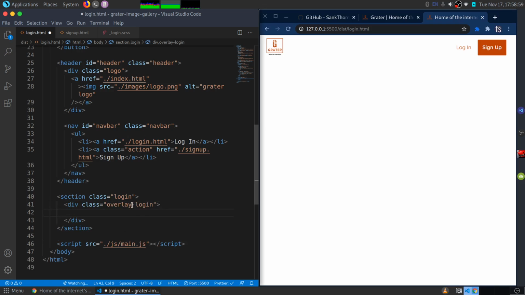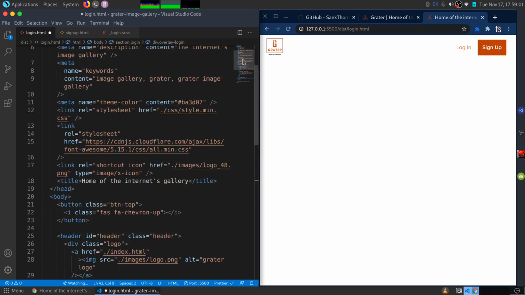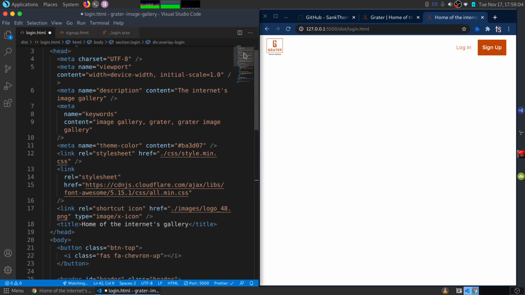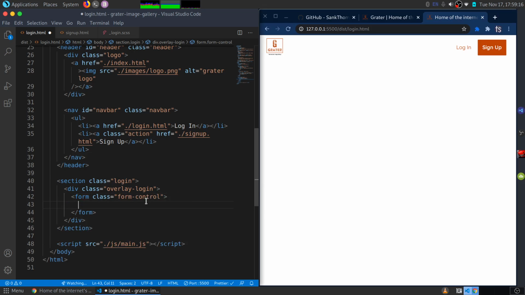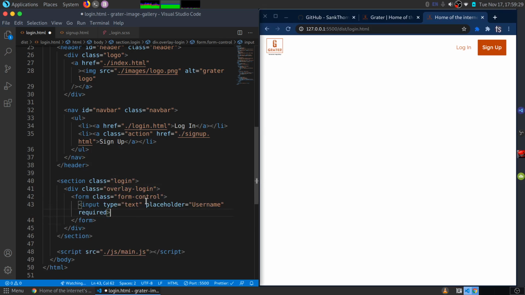The reason why I don't have a class of overlay is because I don't want it to use the overlay from the index.html. So I'm going to say this should have a form with a class of form control, and for the login we need only two inputs. I'm going to say we need an input with a type of text with a placeholder of username and with the required attribute, and I'm also going to say we need a button with a class action, and we need a title,